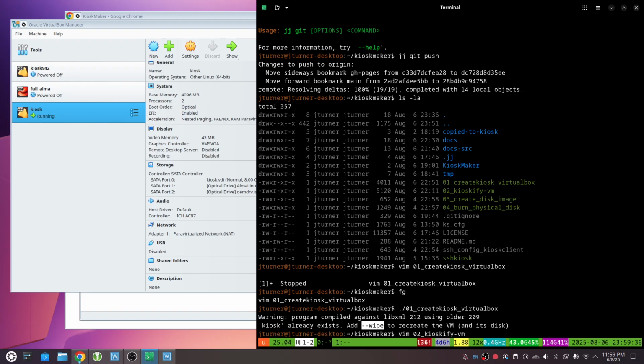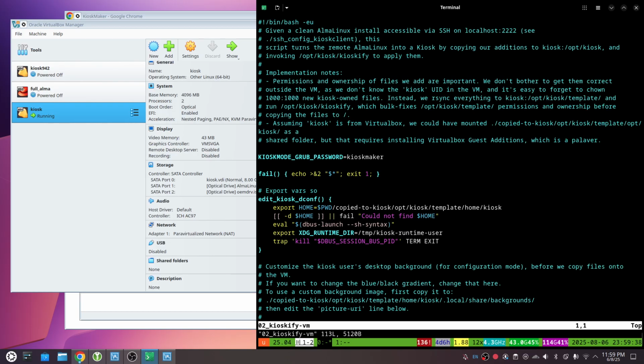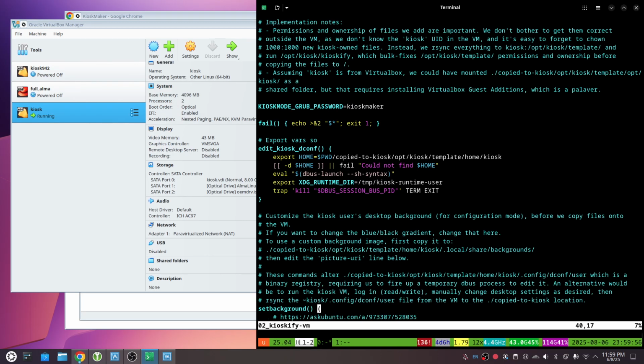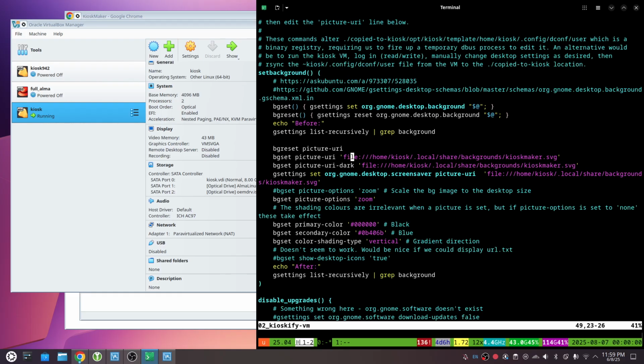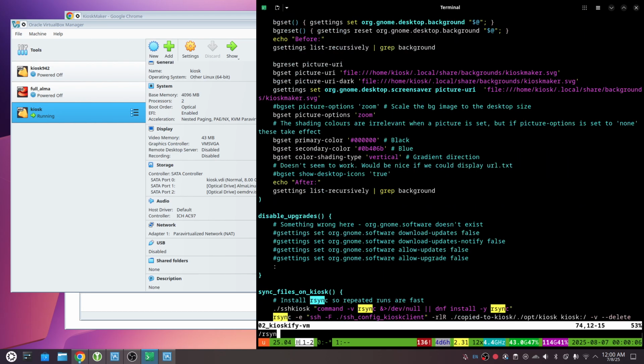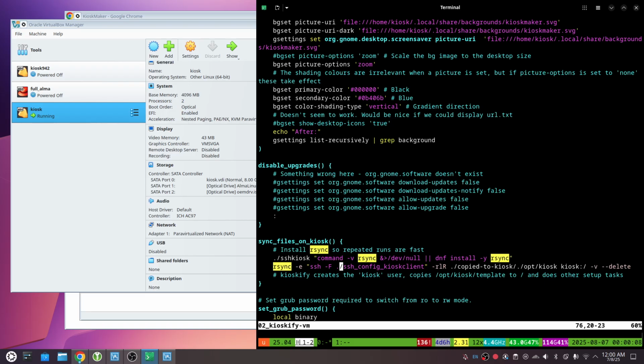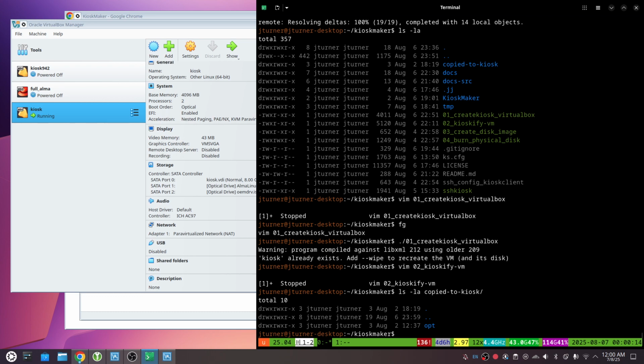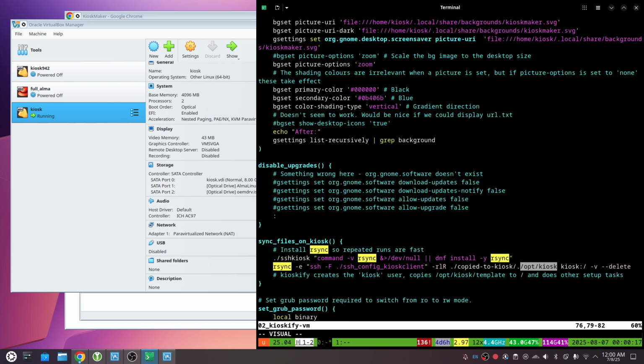The second script, responsible for turning Alma Linux into a kiosk, the only thing you'd want to customize is that grub password, which is necessary when changing from read-only mode to configuration mode. So you'd want to change this to something unique to your deployment. The rest of the script, you could change the background image set here, but mainly what it's doing is syncing across a whole bunch of files into the virtual machine from this copy to kiosk directory outside into /opt/kiosk inside